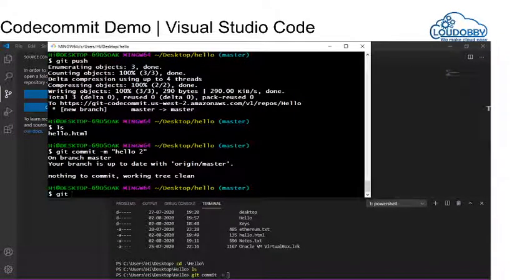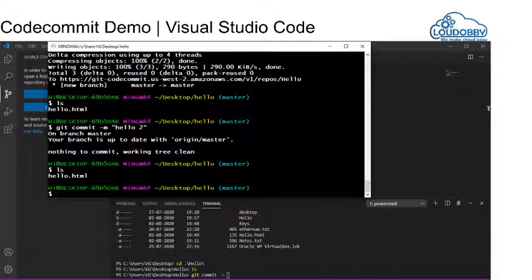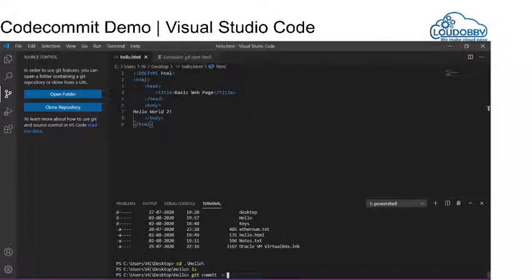So we are on the master branch and there is nothing to commit. So let me go to the file. Now we have this hello world.html.